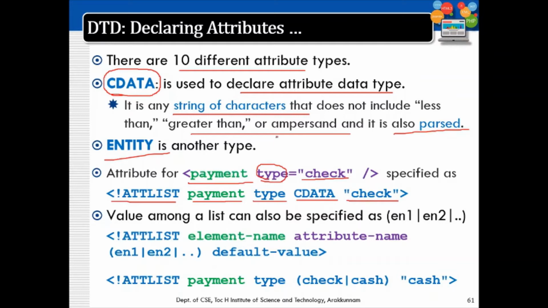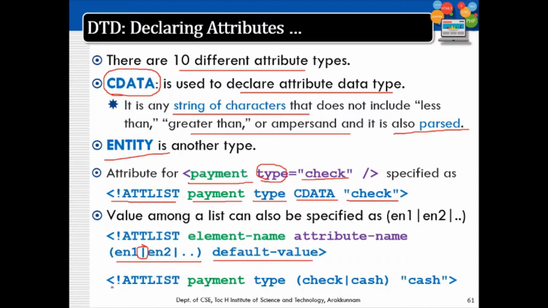This is another example: ATTLIST, element name, attribute name, within brackets using the pipe symbol you can write a set of values, that means or. Again a default value can be given.